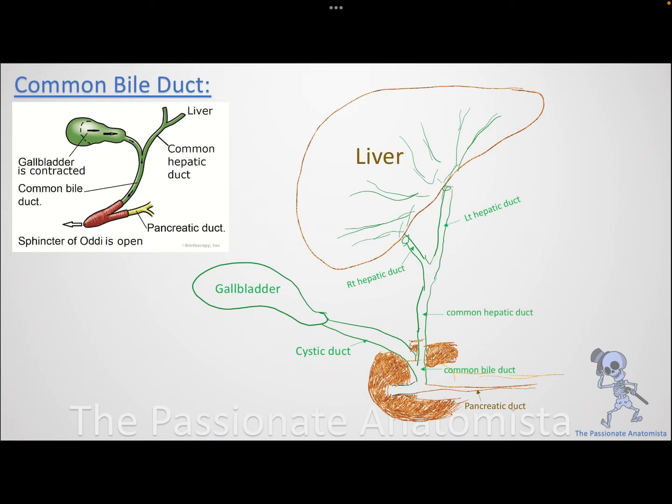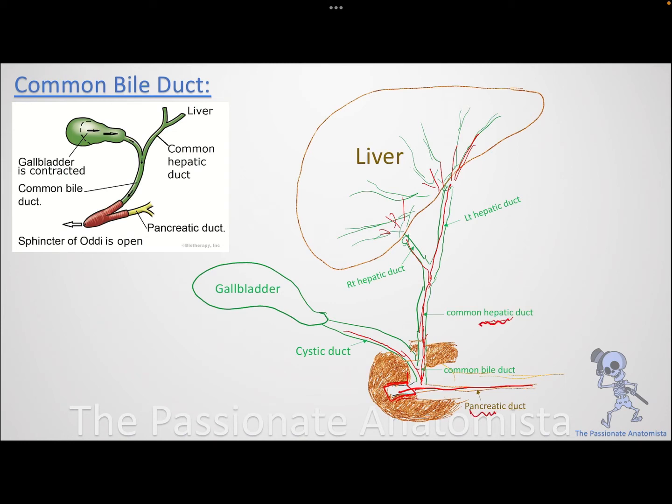Now again, let's get back to what happens as we form the bile in the liver. So we take them by bile canaliculi and then ductules, and then to the right and left hepatic ducts, and then together they will form the common bile duct. I'm sorry, the common hepatic duct, and then the common hepatic duct unites with the cystic duct to form the common bile duct, and then it unites with the pancreatic duct to open within the wall of the second part of duodenum, and they form what we call a